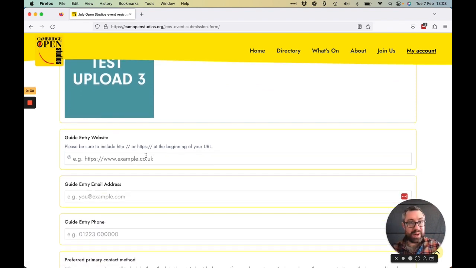These fields I hope are quite self-explanatory. Website, it must include the http:// or https://. This means that it will work on the website, and we know it's a correct website URL. So I'm going to put https